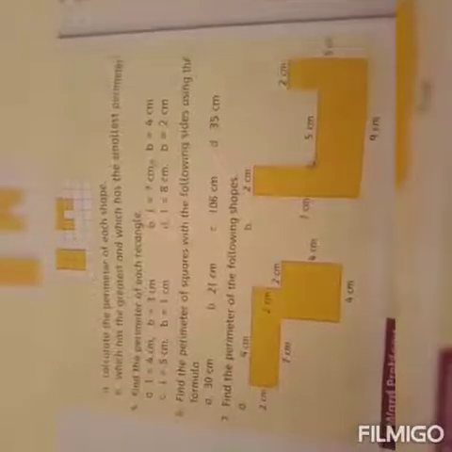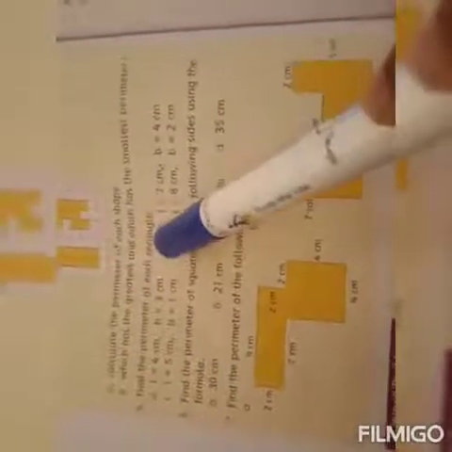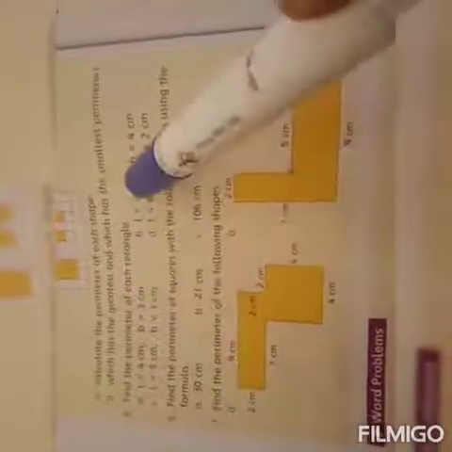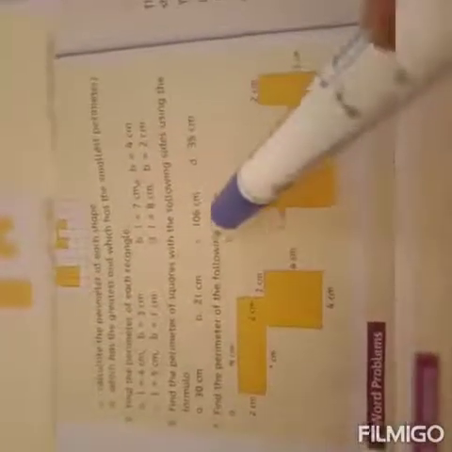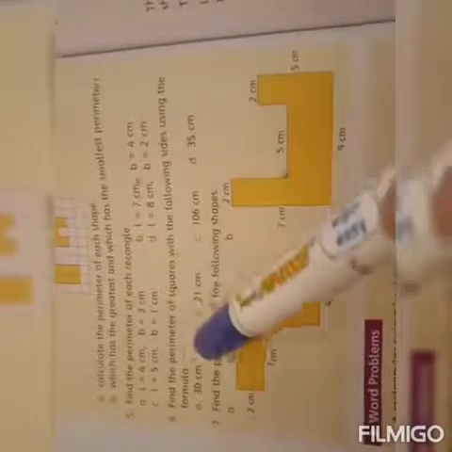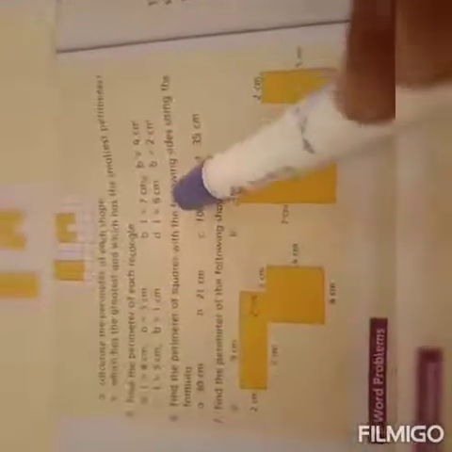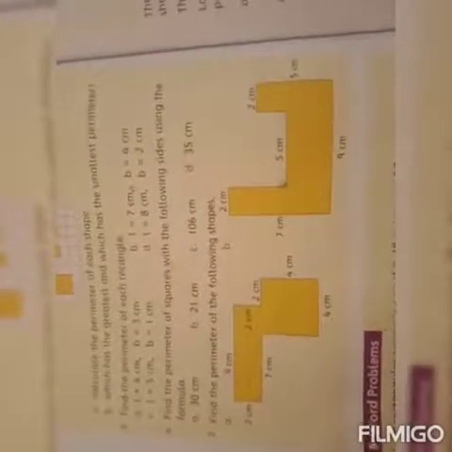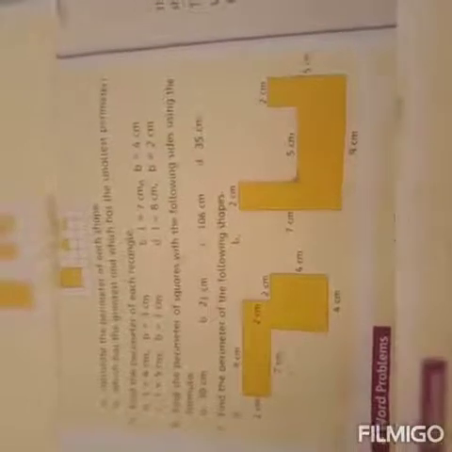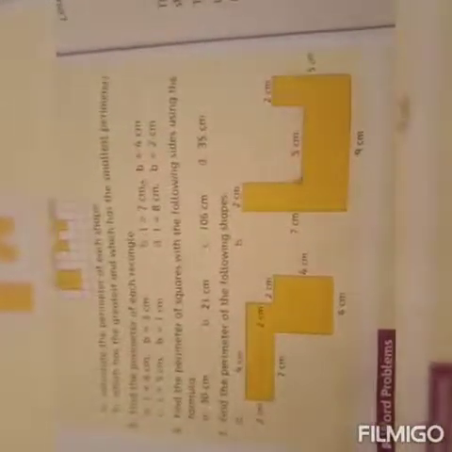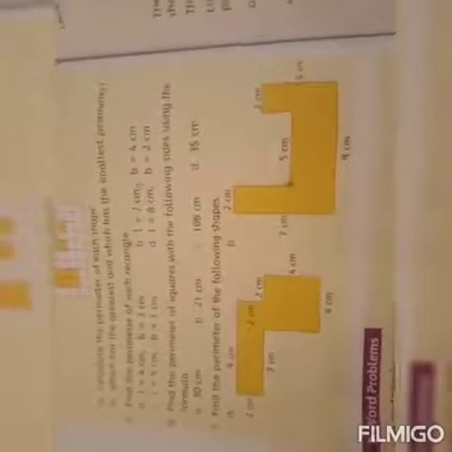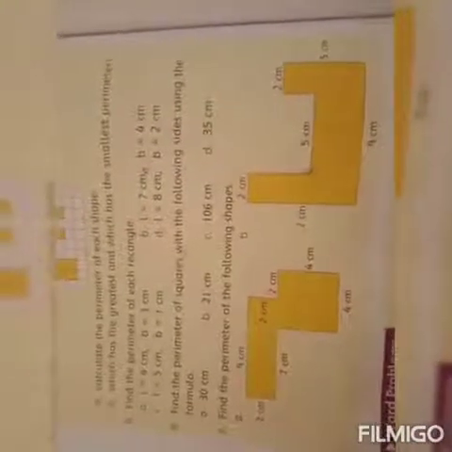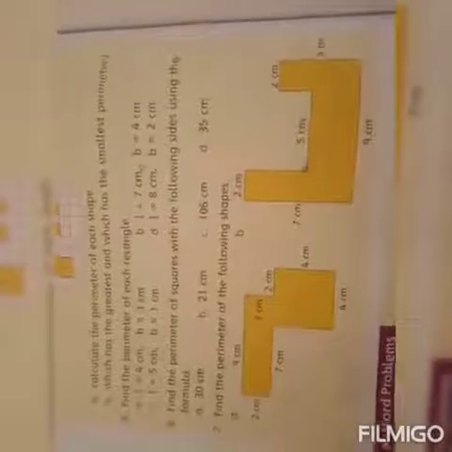Yesterday we have done question number 5, in which we found the perimeter of a rectangle through the formula 2 multiplied by length plus width, right? Today we will find the perimeter of a square where only one side is given. Students, you know that all sides of a square are equal; there are four sides of a square and all are equal. So using this logic, we will find the perimeter of a square using the formula.